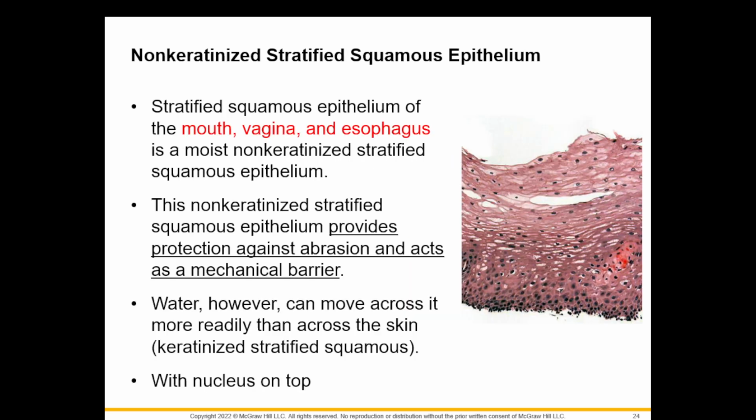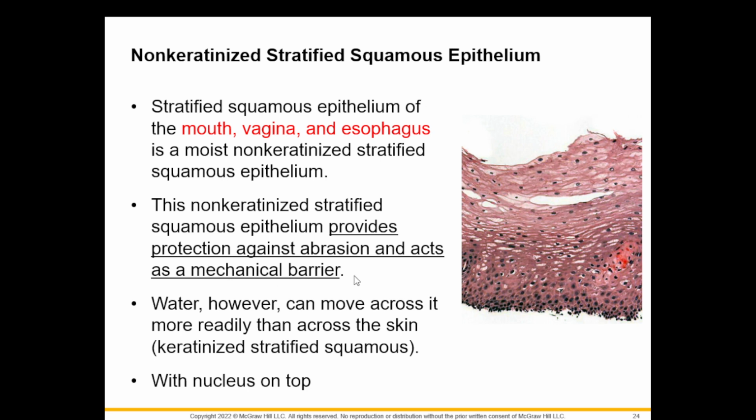Next, we have your non-keratinized stratified squamous epithelium. Your non-keratinized obviously does not have keratin. So the cells remain to be alive even on the very top. They are found in lining epithelium. Lining meaning the innermost layer of our mouth, of the vagina, and the esophagus. So what's the function again of your epithelium? Protection. It protects the mouth, it protects the vagina, it protects the esophagus against abrasion, and it acts as a barrier so that